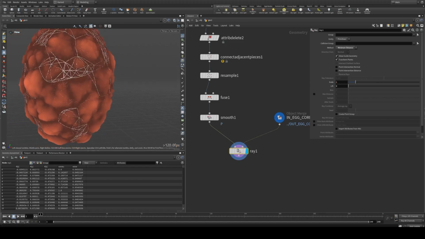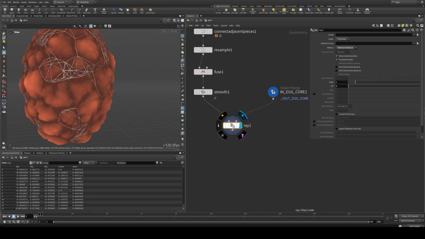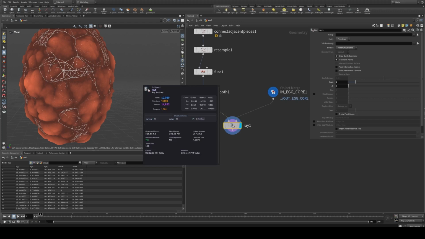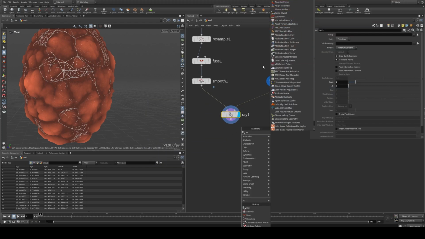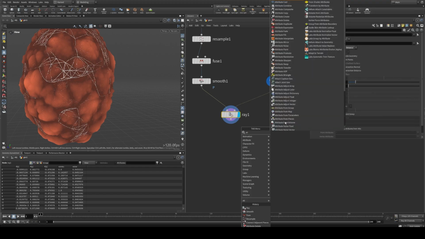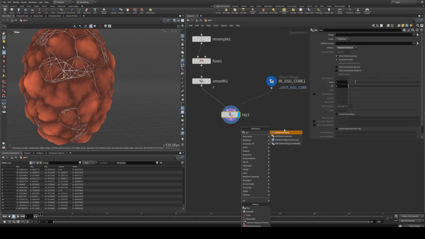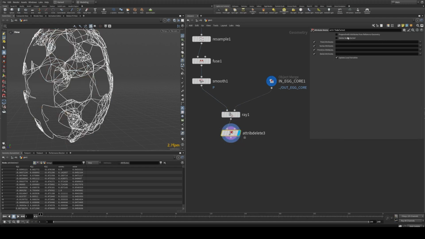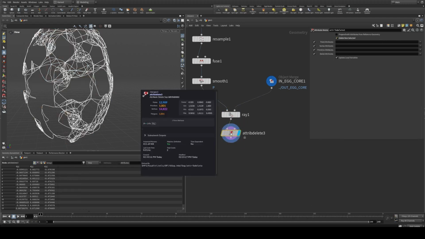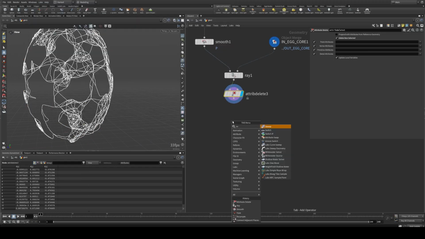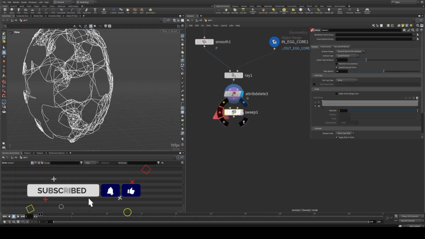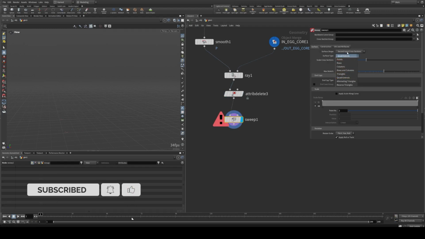It's okay. Now we basically don't need the noise anymore, so I'm going to delete all non-used attributes. We just want points, and we are going to put a sweep here and make